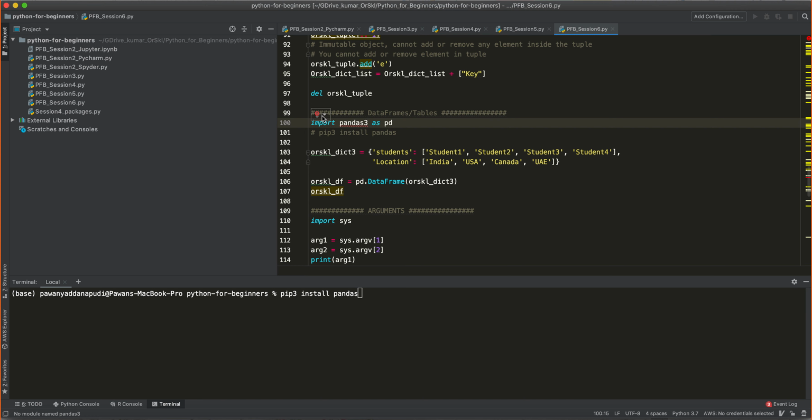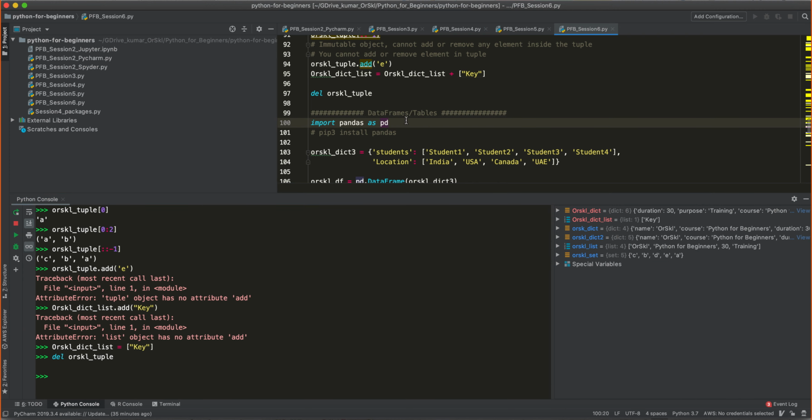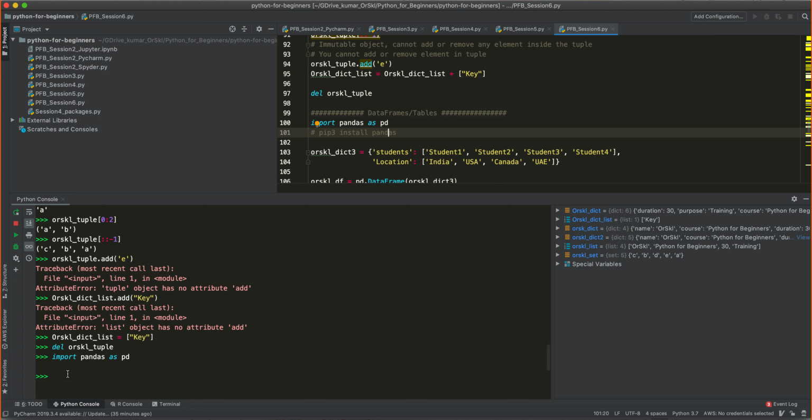If you hover on this bulb icon, you will get an option called install package pandas. Just click on that. It will install pandas for you. Either you choose this route to install the pandas package, or you go to the terminal in this console and type manually pip3 install pandas. It is one and the same. After the installation, you run this command. It says it will import that into your console. Now the package or the library called pandas is available inside your Python kernel or the Python session.